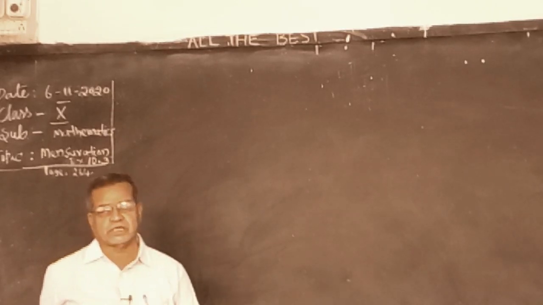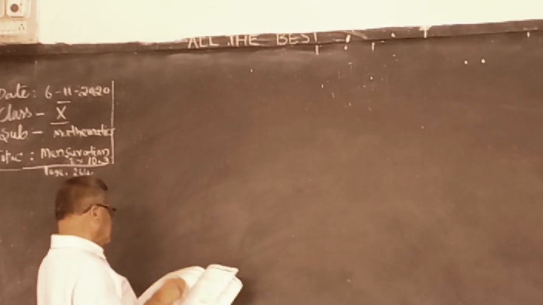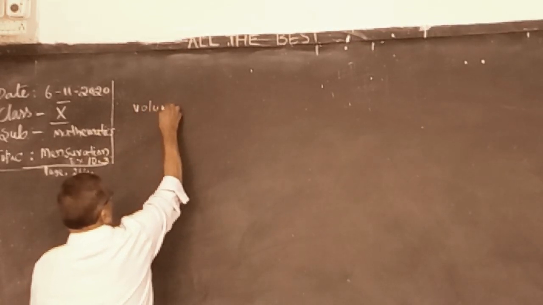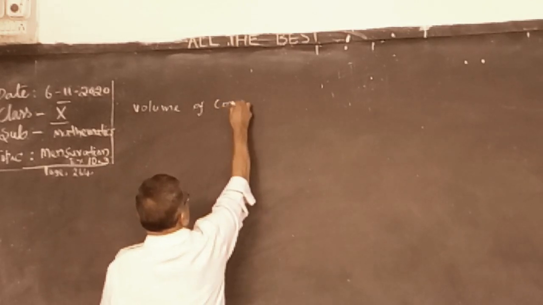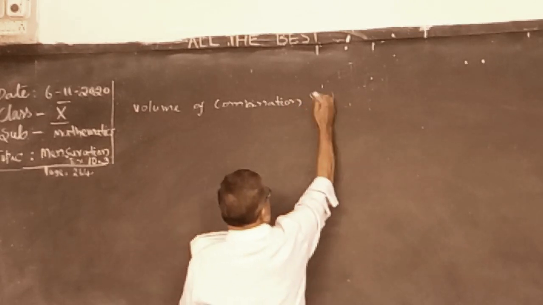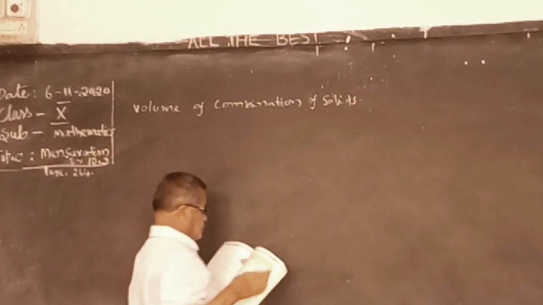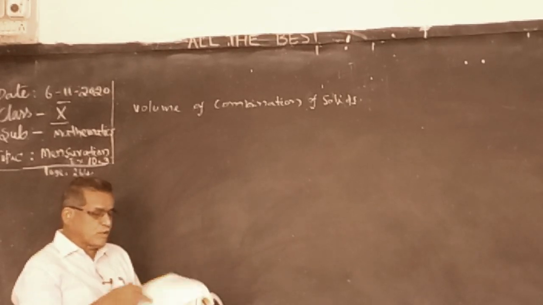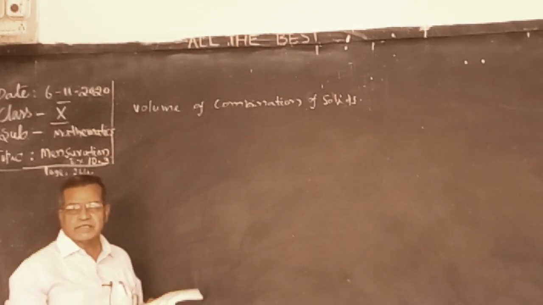Combination of two solids, volumes of combination of solids. Now read the problem twice, thrice, and draw the diagram and label the